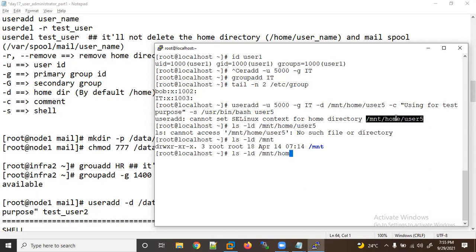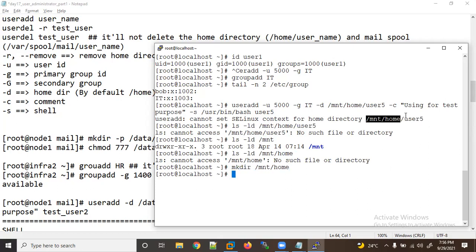/home. Okay, no such file or directory /home. That was the reason it came. So this home is missing actually, so we need to create that directory here. Let me create this directory first. So let's troubleshoot here. Okay, now I have created a directory,